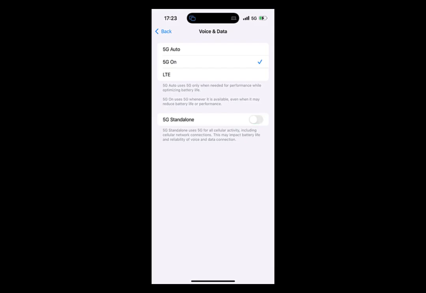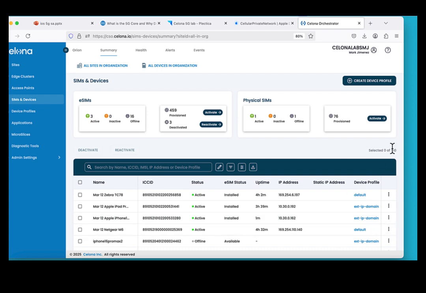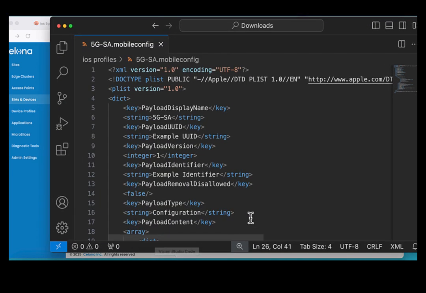Let's unset the 5G standalone setting and look at another way you can set the Apple iOS 5G standalone setting, this time in automated fashion. The XML profile is a method to perform some supported configurations. For our purposes today, we will use an XML profile for Apple iOS to set the Apple iOS 5G standalone setting. The syntax and description of the XML profile can be found at the Apple developer website at